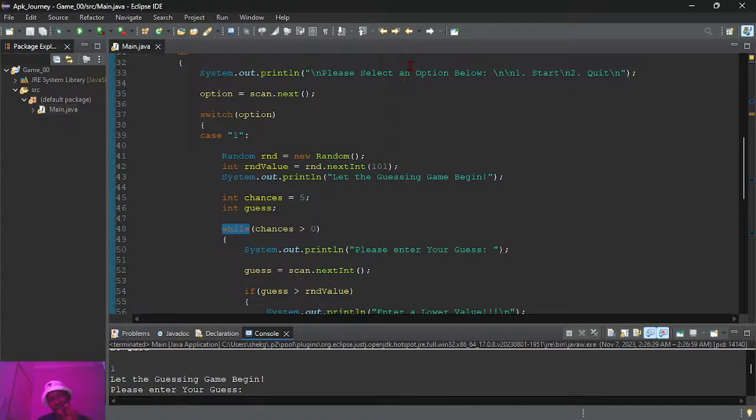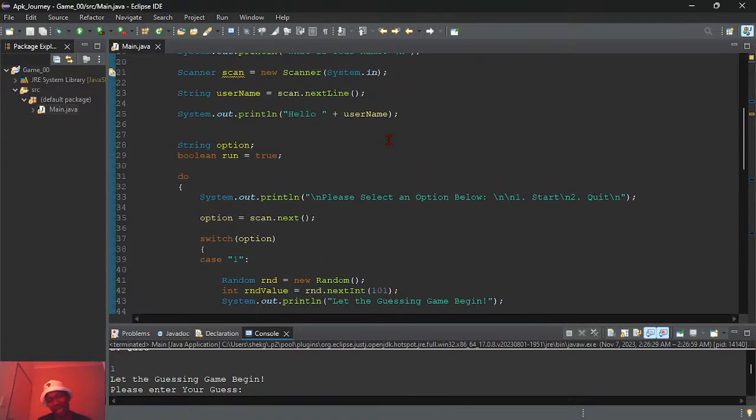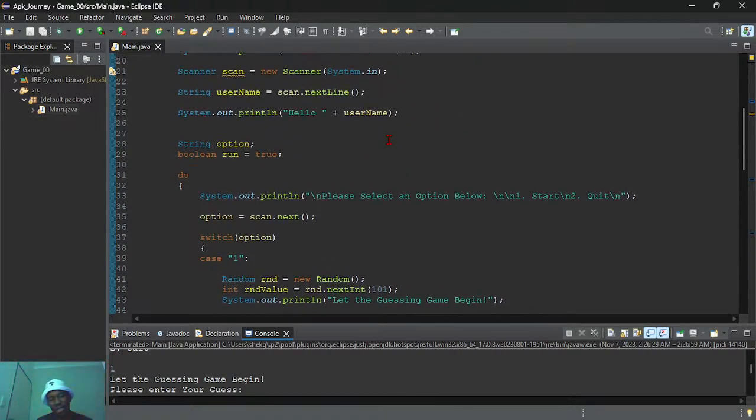There'll be two buttons, just what I did here, but then they'll be demonstrated on an actual application, a full mobile application thing.